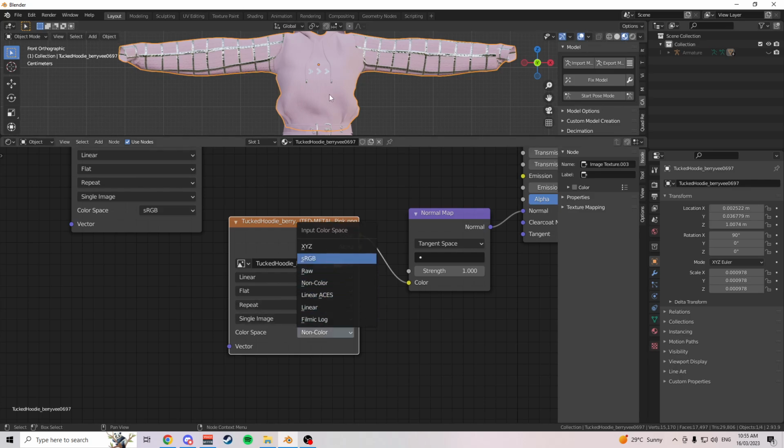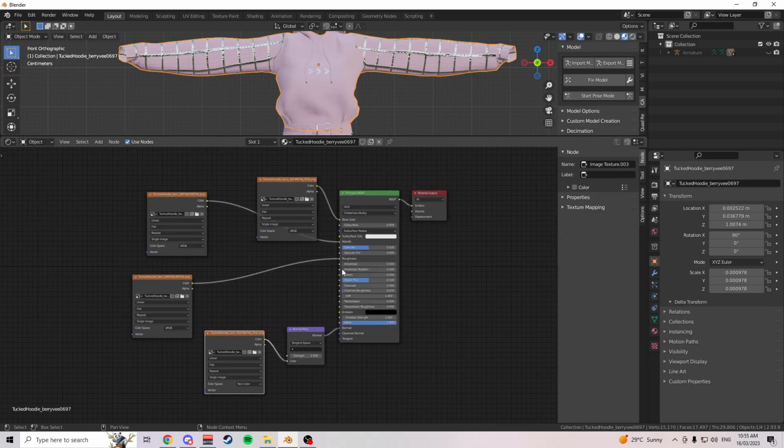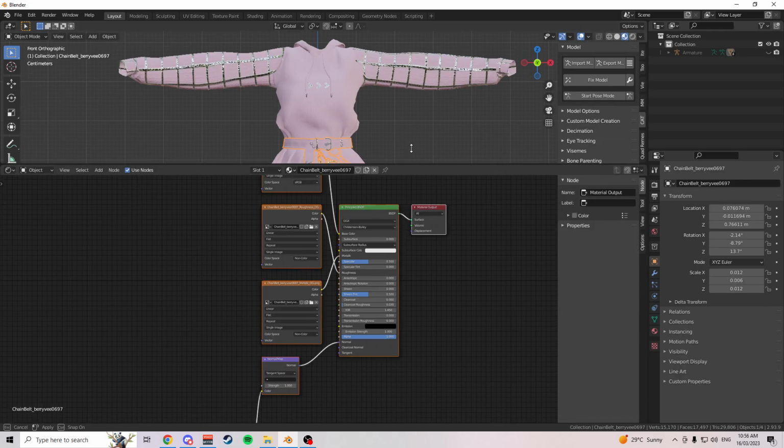I'll go back to that again. You see the weird shading, and then you go to non-color and it fixes it for you. That's just because normal maps are usually non-color maps. So as soon as you do that, it fixes the issue with the weird shading. And yeah, the same process again for anything you want to change the